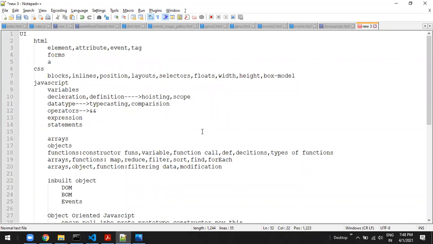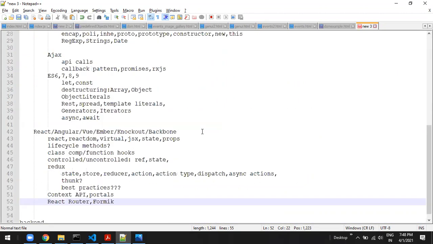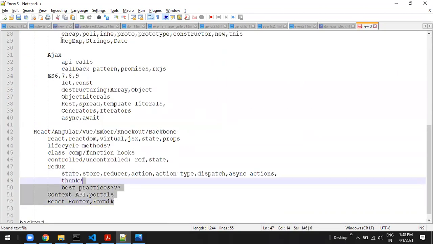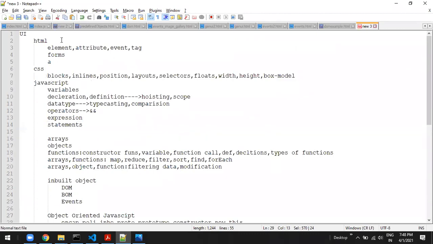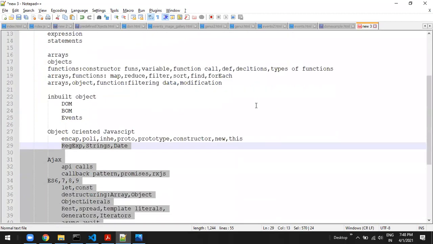Raja, please go ahead. In total how many days is this course? So this entire course will take a minimum of 2 months and a maximum of 3 months. Only for the UI part I am talking about. Only UI will be 2 to 3 months. And is there any assessment? I am coming to that.